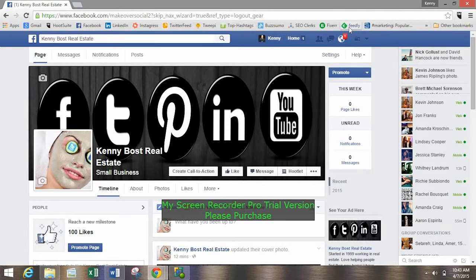And some of those apps are like right here, I have this thing called Feedly. We're going to be talking about that later. What that does is it pulls news stories for you based on a topic that you tell it to look up. So for real estate, it would be like any of those topics I just mentioned. And it will automatically pull stuff for you. You can just star different stories that you like and then automatically post those stories. Okay?